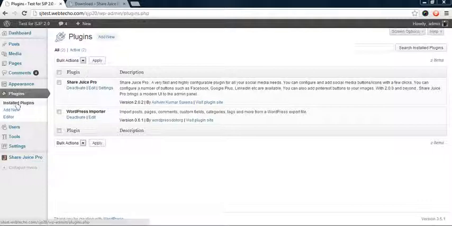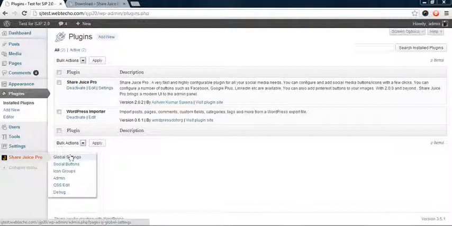When you click on the installed plugins page, you'll see the plugin installed, and this deactivate option would be there, and then there would be a settings link. So you can go to the configuration of ShareJuice Pro either by clicking on the settings link, or you can go to this top level menu on your left hand side, and from there you can choose any of these links. So let me take you through the process of creating a social button, something like a Twitter or a Facebook or a Google Plus button, and let us see how it works